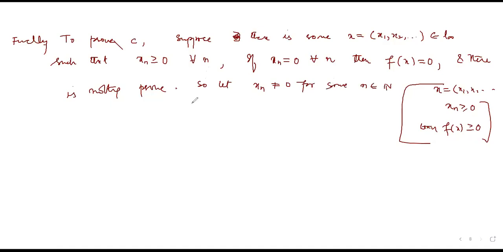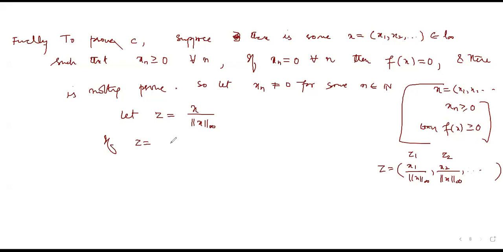मान लो इसकी कोई term non-zero है, then I can think of let z be equal to x by the, मतलब सुप नॉर्म, फिर इसका 0 नहीं होगा, तो इसके सुप नॉर्म से मैं डिवाइड करूंगा, I will get another sequence. मैंने कहने का मतलब है मेरी सीक्वेंस जो z है वो बेसिकली है x1 divided by this number norm x infinity, x2 divided by norm x infinity, right? Then इसके जो components हैं, let's call this now z1, z2. चलो, so if z is equal to z1, z2, so on and so forth,